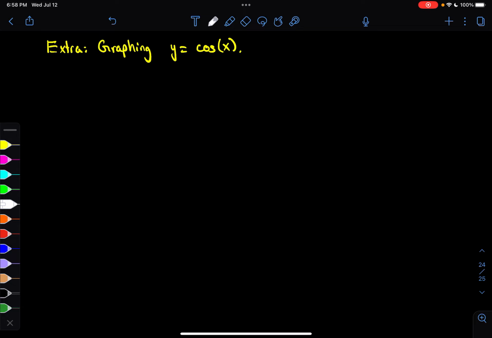This video is going to act as a supplement to the one that just came before, where I introduced this idea of graphing trig functions, and specifically we spent a lot of time focusing on sine of x. And so I'm just going to use those tools that we developed in the last video, where we introduced this idea of period and amplitude and phase shift and vertical shift and stuff like that, to talk about the graph